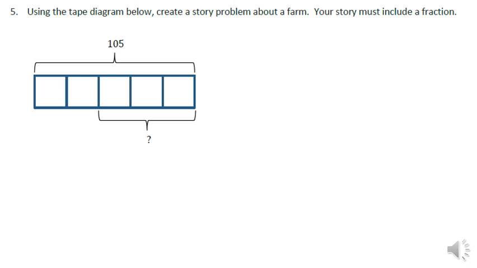The last one says, using the tape diagram below, create a story problem about a farm. Your story must include a fraction. Okay, so we can see what we have. We have a total of 105 something. And this here is going to be 3/5, and it wants us to solve for that. Okay, so a story problem could be anything like